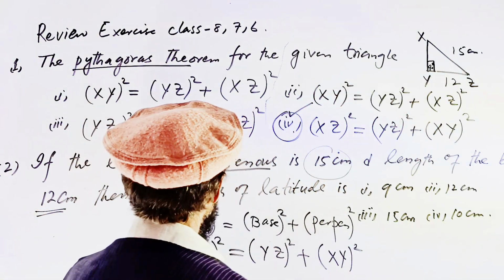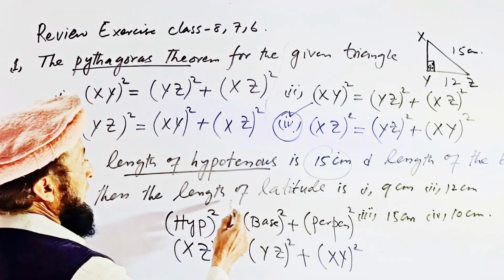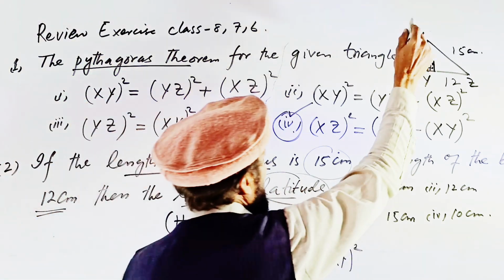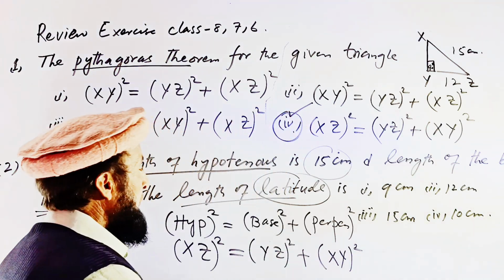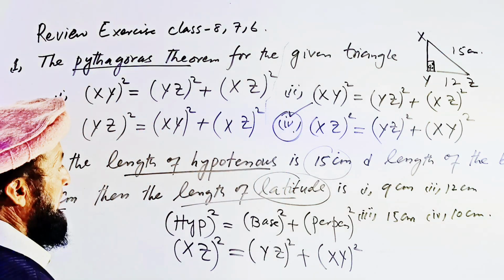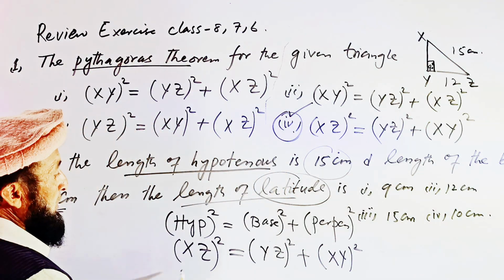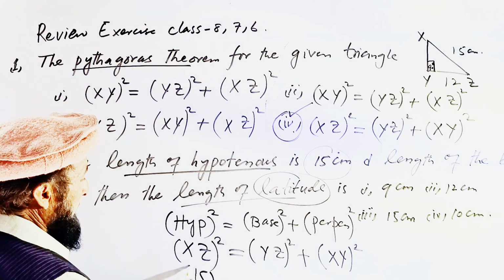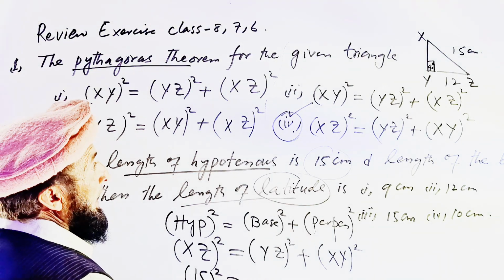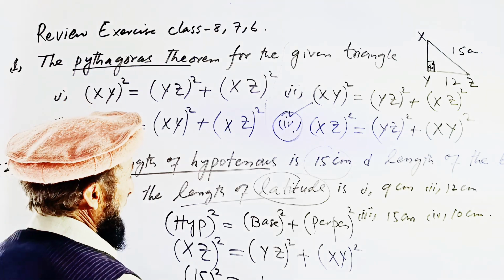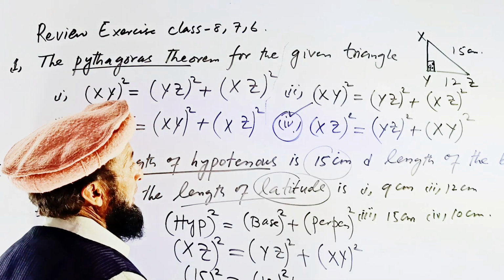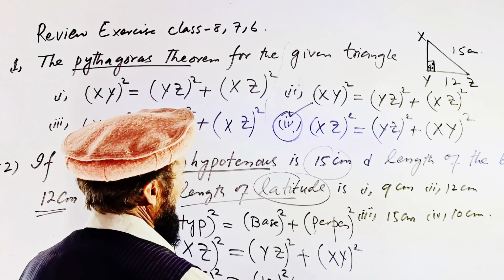And what is the length of the altitude? Altitude means we are finding the height XY, the perpendicular. We just replace in this result. So the hypotenuse XZ is 15 centimeter and the base is already given, 12 centimeter. So we are finding the perpendicular XY, that is the length of